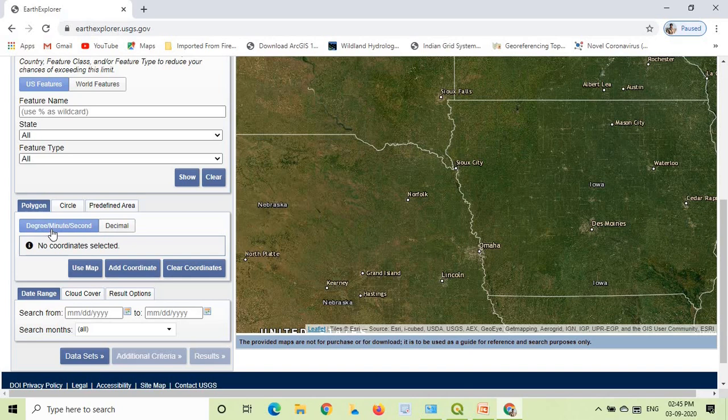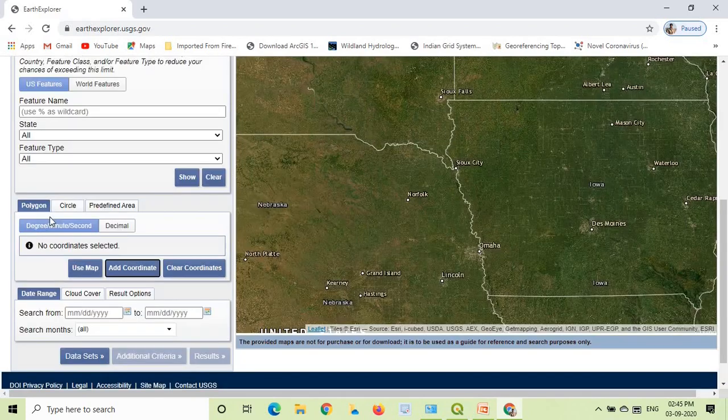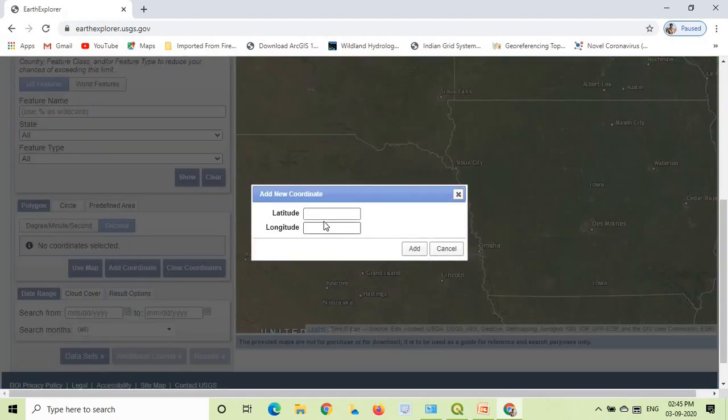First, you can enter the coordinate in degree minute second or in decimal degree format. So if I add the coordinate in degree minute second, you can enter it like this, and if you have the coordinates in decimal degree format, then click on decimal degree format and add the coordinate. So you will get it in this way.